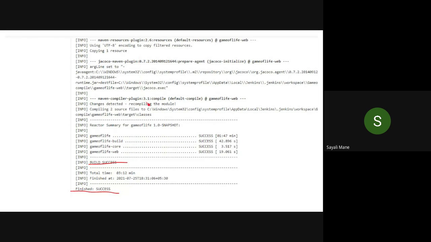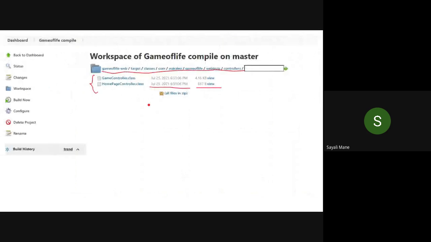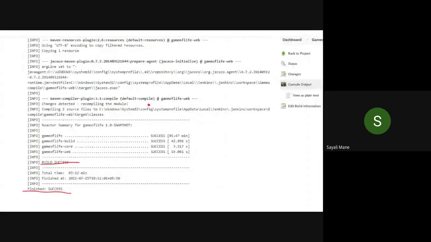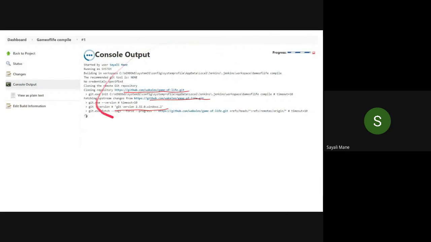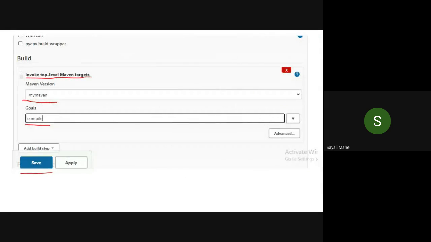Okay, just wait a minute. See, here it is showing failure, right? Have you followed these steps correctly? Have you put my Maven version, the name which you have given to the Maven one?